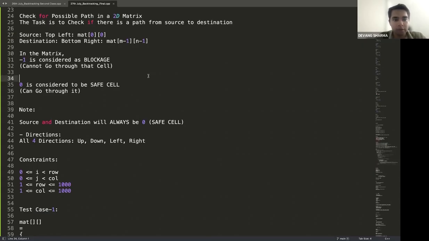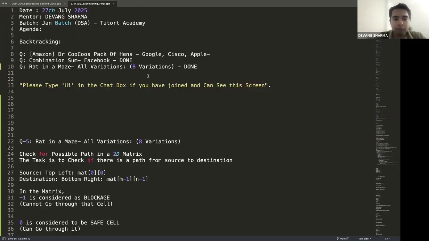The question was talking about a matrix that is given, source is given, destination is given, directions are given, some blockage cells and non-blockage cells are given. The only thing I need to do is go from source to destination, check whether it is possible to reach, return true, not possible to reach, return false. When the statement says possible to reach,